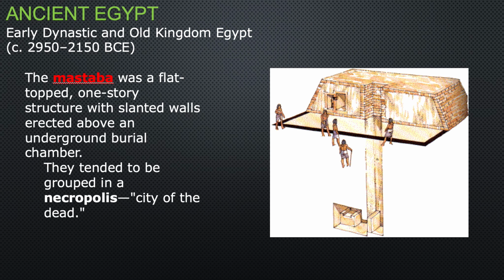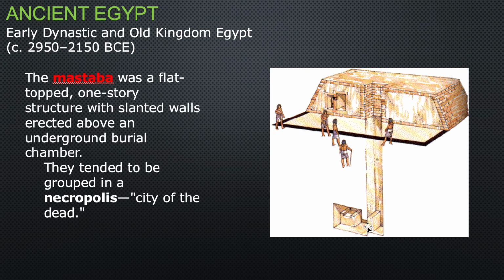So a Mastaba was a flat-topped, one-story structure with slanted walls erected above an underground burial chamber. They tended to be grouped in a necropolis, which is literally a city of the dead. So what's happened here is the ground has disappeared. You have to imagine this thing is sitting on level ground. And this is the Mastaba, and this is the air shaft that connects the Mastaba with the burial chamber, which